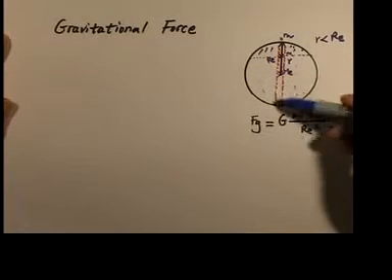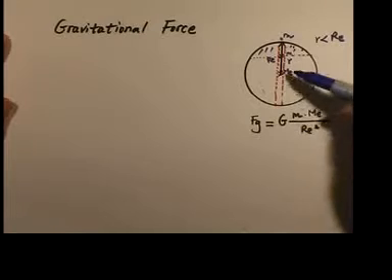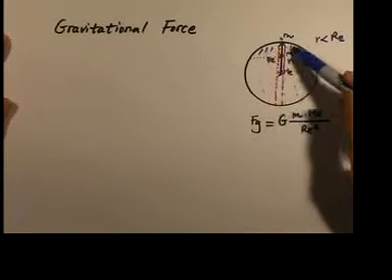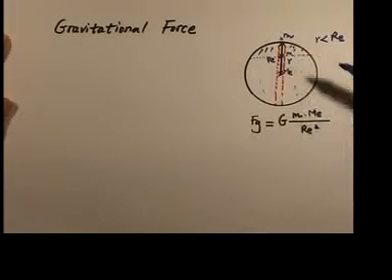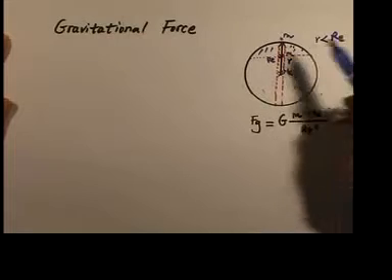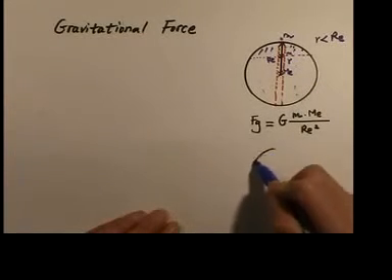We have more mass underneath this line, but further away, and less mass on top of it, but closer to m prime. We can use calculus to prove that the net force from the top and the bottom eventually comes down to such a situation that if we redraw this